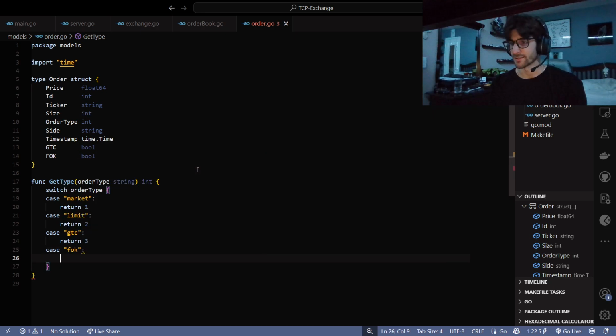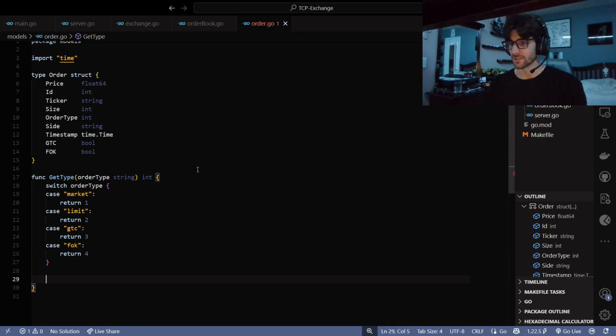But I never honestly took the time to look into it. This just works. I should have a default in here, but whatever. Actually, the default is technically just return 0 at the end. But okay, let's go over this order struct, because we're going to support a lot of cool things in